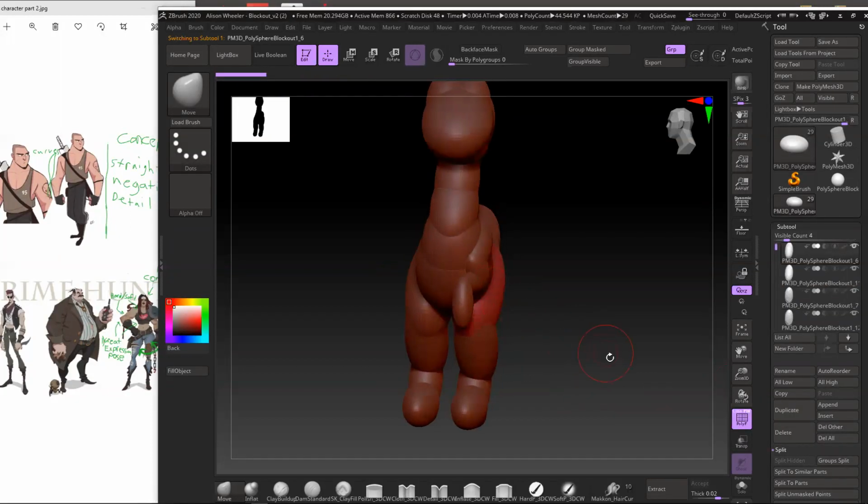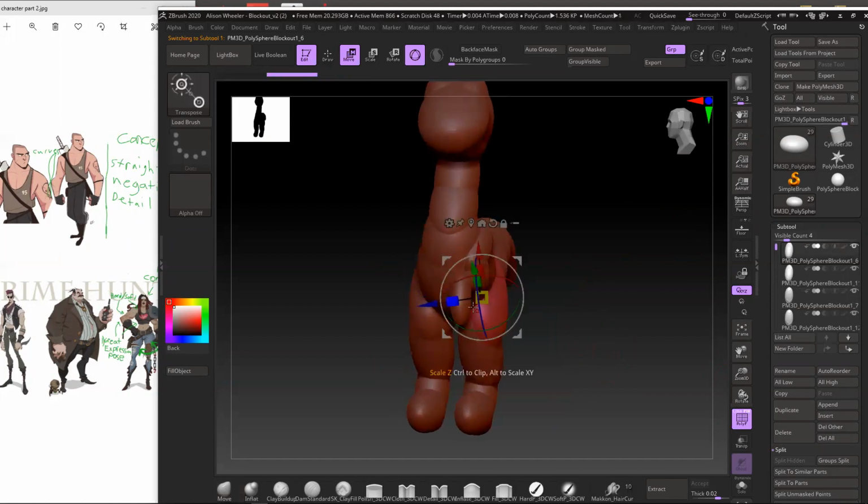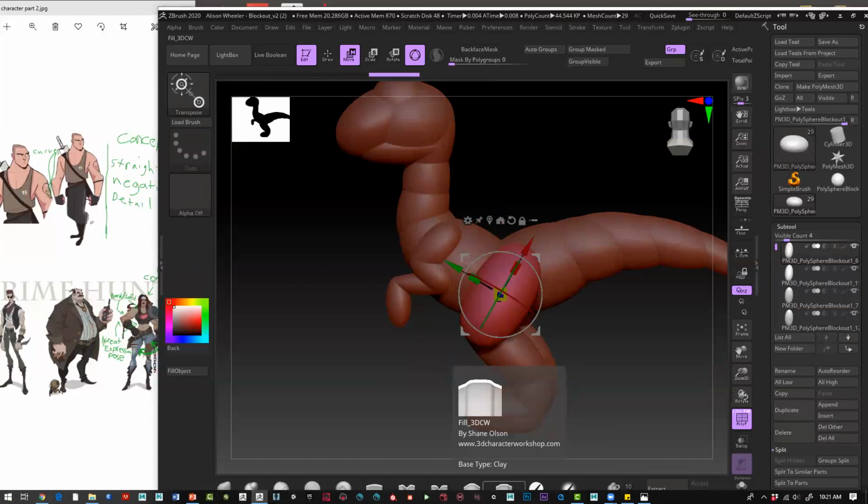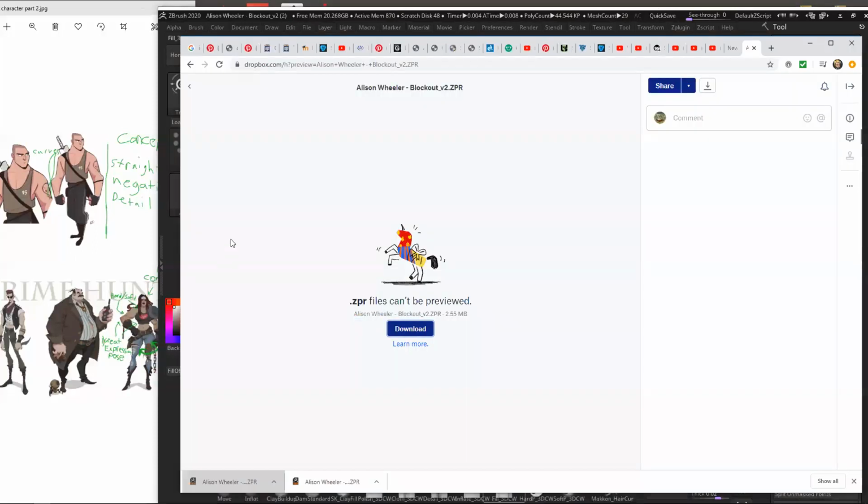Because I started working on the video I did, I started working on these, angling them out and getting them away from the body. And then your artwork is